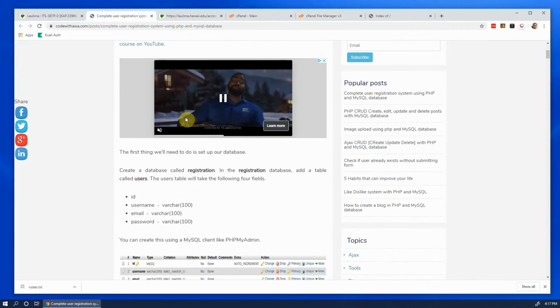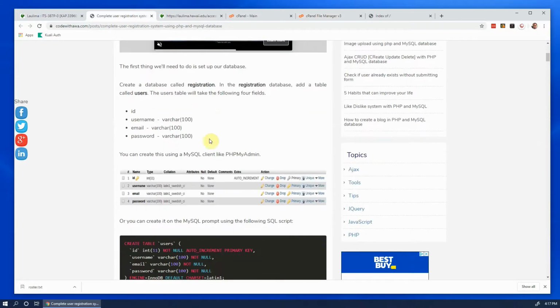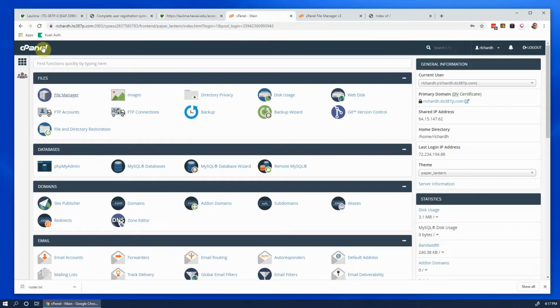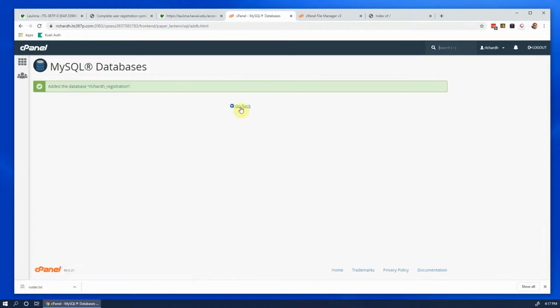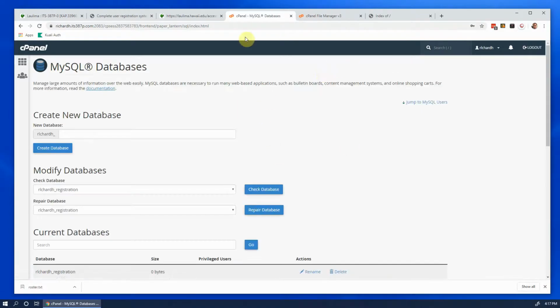Okay, the first thing he does, you read this, is he creates this registration database. So first of all, you have to create the database. Let's go back to our cPanel and click on MySQL databases, and let's create a database called registration. Create database, and then